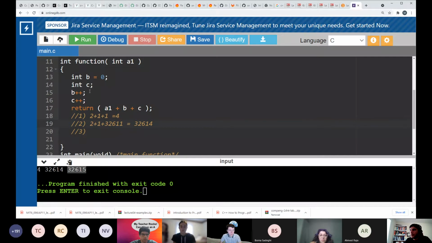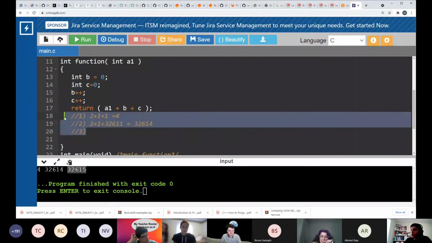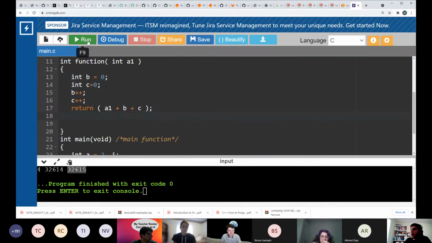Initialize C. Initialize C, thank you. Yes, so if I initialize C, everything is predictable right now because I know exactly what value C will get. So every time I run, I will get the same value, right? Because I'm adding 2 to 1 and 1, so it gives me 4 all the time. There is no unexpected value. So this tells you really why it's very important to initialize variables in C.